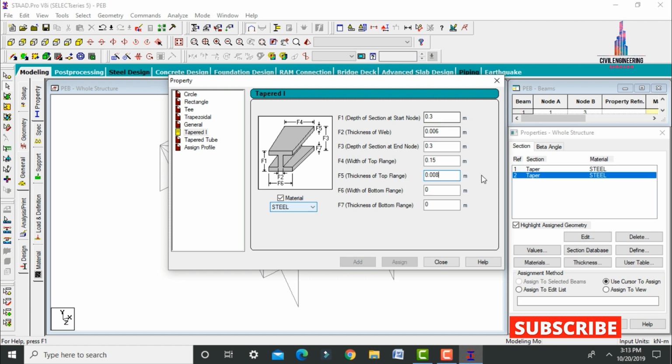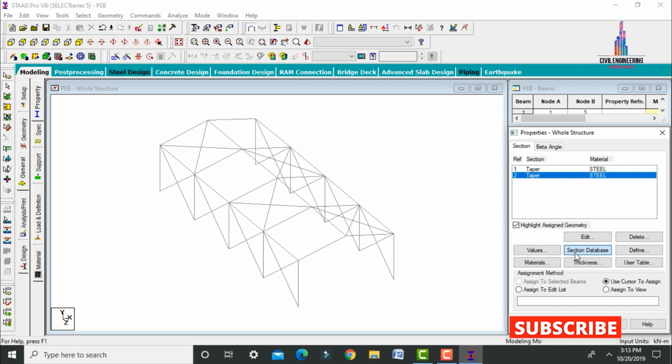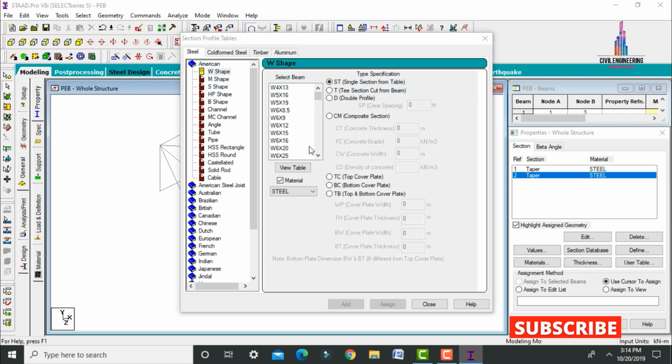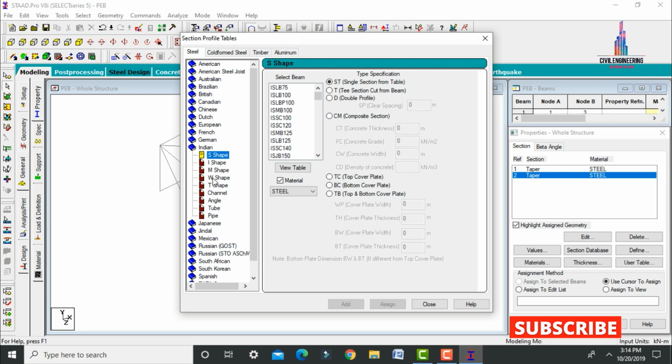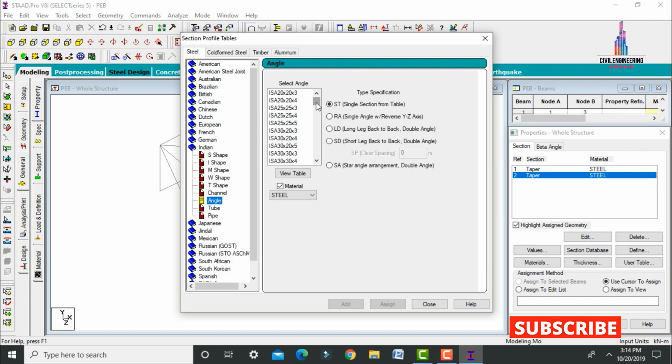After that we have to add the bracing sections, which are related to the angle sections. So select the section database here initially. In that section database there will be different properties as per the steel design considerations. Here we have to select the Indian standard system. This Indian standard system consists of angle sections like this. From this angle section, I am selecting the 150 cross 150 cross 20 section, add button, close option.